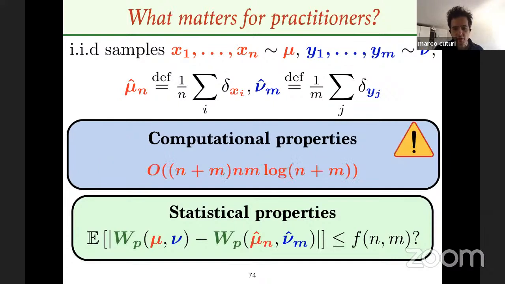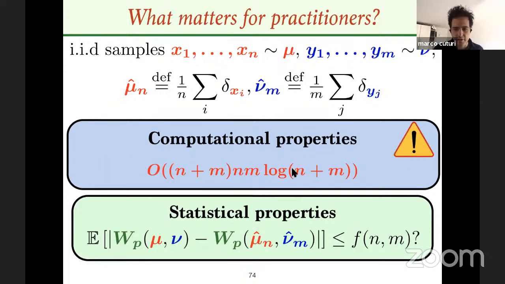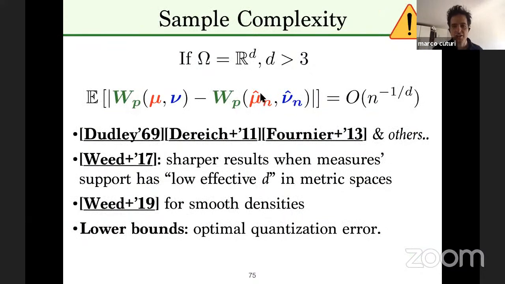So on the first front, I already told you something quite bad, which is that essentially, if I want to approximate this the linear programming way, using samples, this is going to cost me a lot. The second part is actually almost even worse, because it's known. There's a long list of results here. As you can imagine, it will typically depend on assumptions that you make on mu and nu, assumptions that you make on the space, assumptions that you make on the costs. So there's lots of